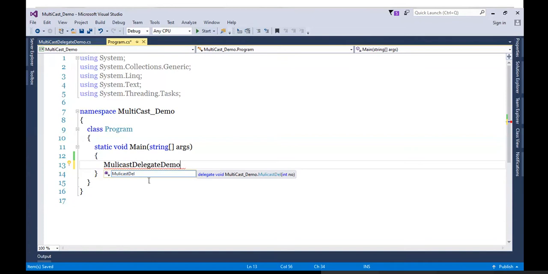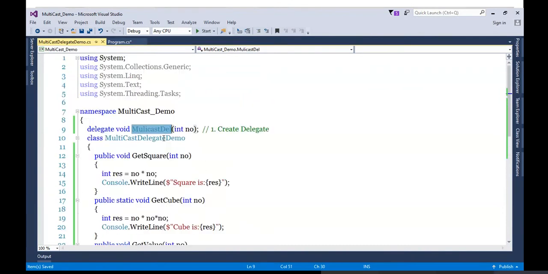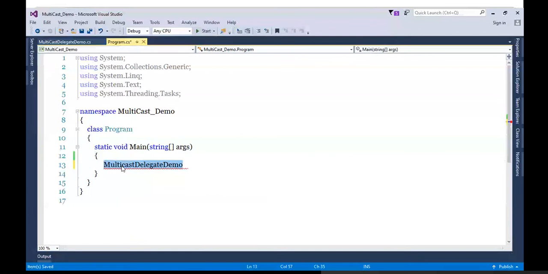Multicast. I just made some spelling mistake. MulticastDelegateDemo. Let's prepare a reference.